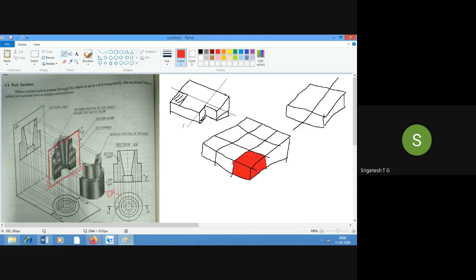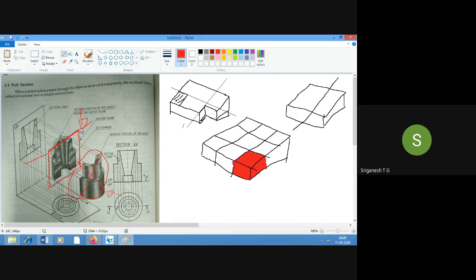That means you take a knife and cut it completely, moving from top to bottom, so that this object becomes two equal pieces. Once it becomes two equal pieces, the piece that is in front of the observer, we will remove this, and retain the other half.